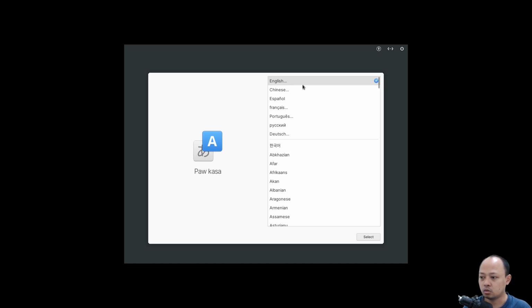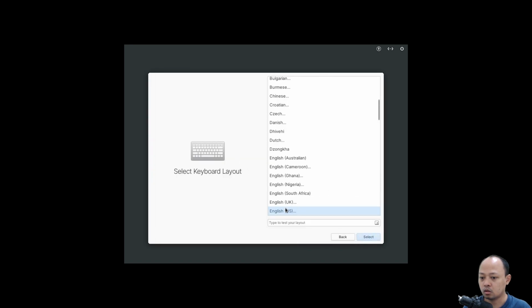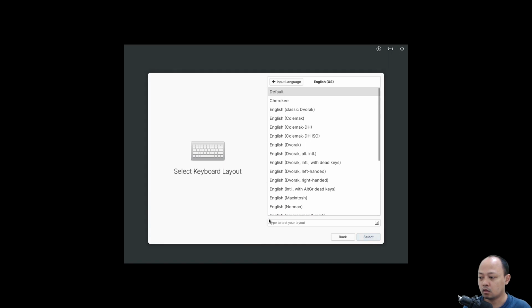I will choose English and then US English. Then I need to choose the keyboard layout again. I will choose the default.